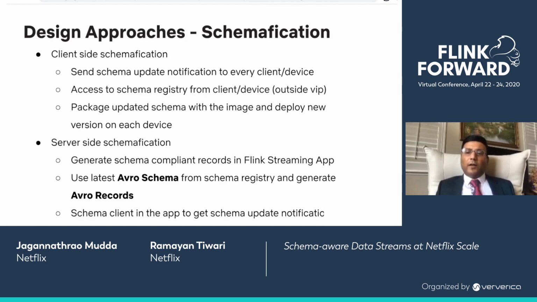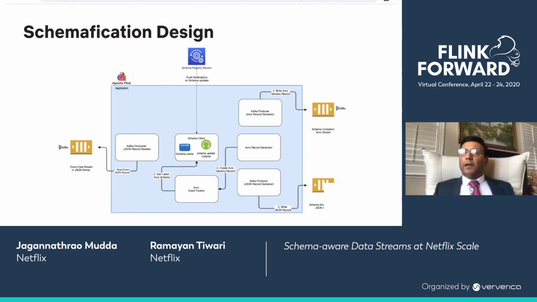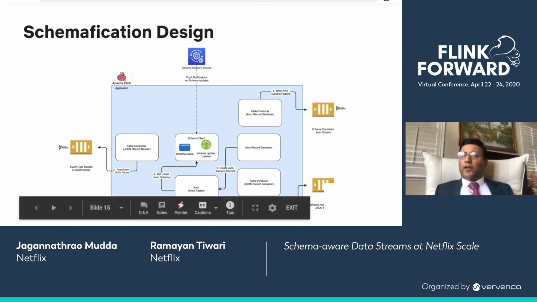The event records are generated based on the latest Avro schema in the Flink application when events are landed in the server side. We call this process as Avrofication, as we are generating Avro records based on the Avro schema. Let us look at the detailed design in the next slide. We discussed current architecture of event processing pipelines earlier. As you heard that the ingestion service receives event data from millions of devices, does decomposition, and finally writes data to Kafka topics. The Flink application that does the enrichment of event data is going to do the verification.